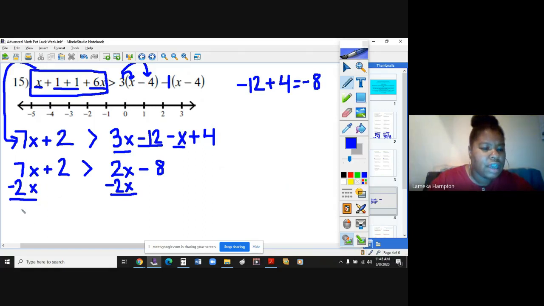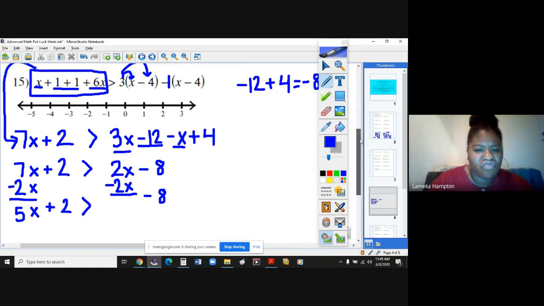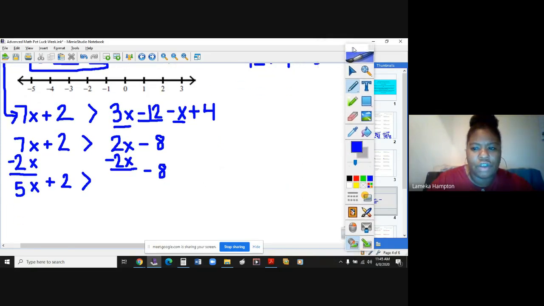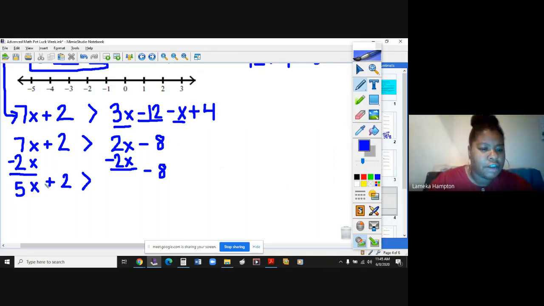Now, when I do this, I am going to be left with 5x plus 2, and that is going to be greater than -8. Okay, let me scroll down to make sure I have enough room so everyone can see. Now, I'm now going to subtract 2 on both sides. Now, when I do this, I am going to be left with, and I'm going to go ahead and write it over here, 5x